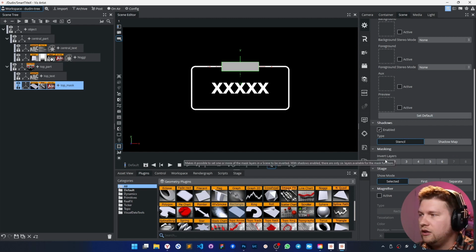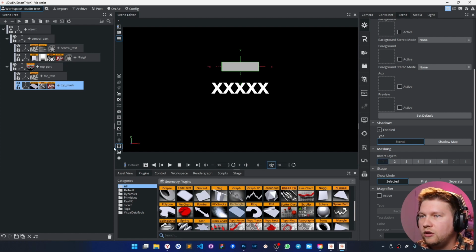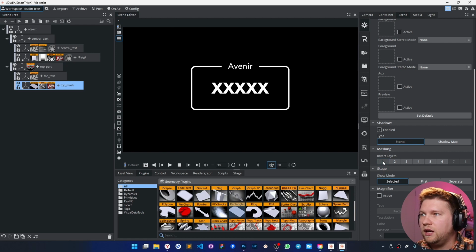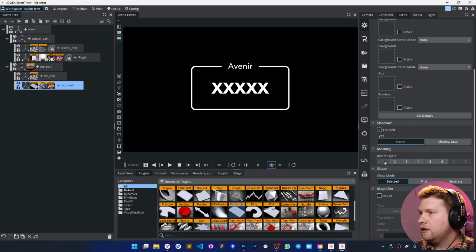Just by the way, this mask works perfectly by default because all these layers are not inverted by default. So when you are not inverted, the mask cuts off this specific piece of the picture. When you invert it, you are getting the opposite behavior. You see, when you invert it, this cut piece will be the only thing visible on the screen. The rest will be removed from the screen. Okay, so we need this behavior. So that's fine, absolutely what I want.